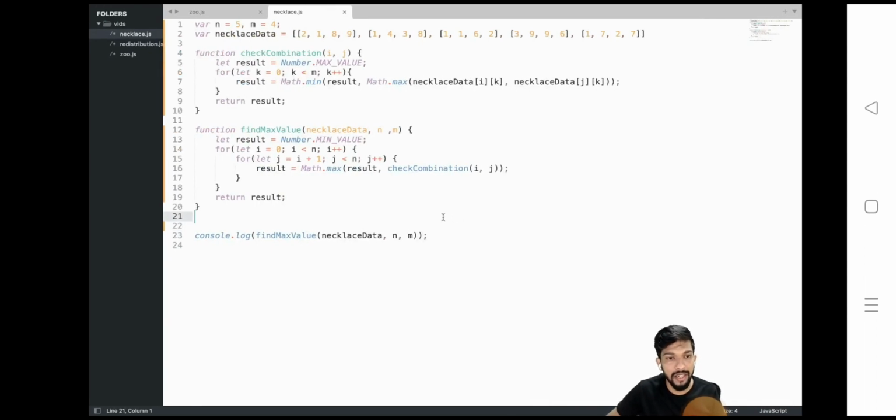Right, so what did we learn? We learned two things. First, we need to invest time in understanding the problem statement, and after that the implementation becomes very easy. So we split it into two parts. First, we said let's break this problem down into finding out all possible combinations of the necklace, right, which we achieved via this, going via i and j plus